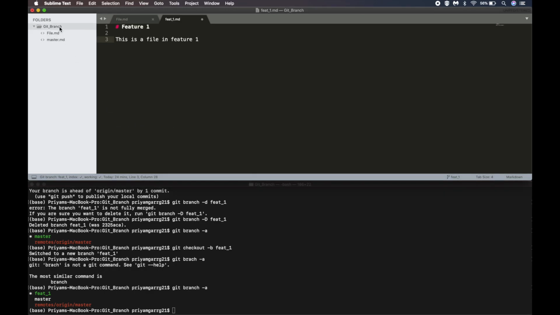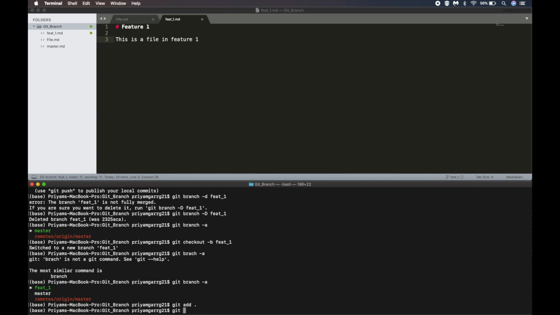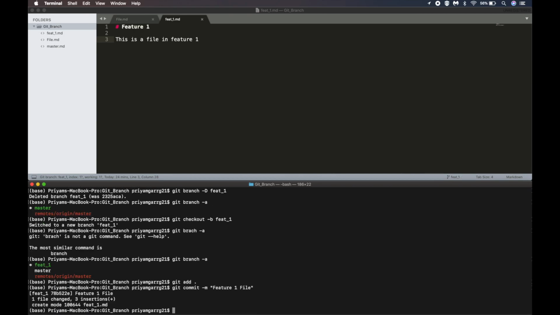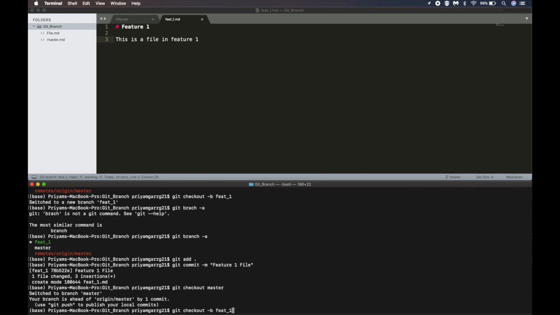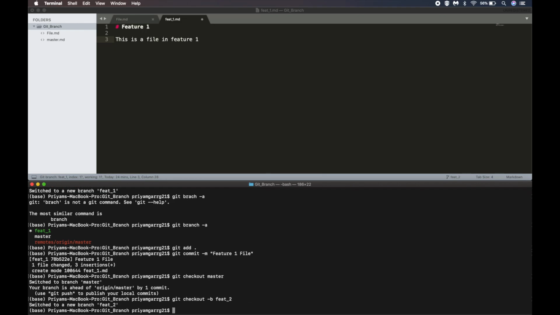So let us add a file at this stage. Feature1 file. So now let us go back to master branch and create another branch feat_2, and let us say we create another file at this.